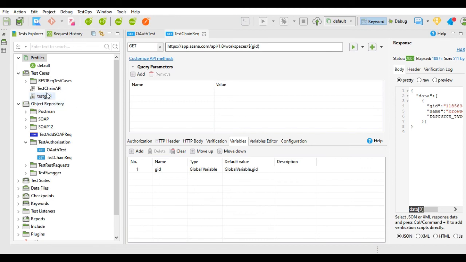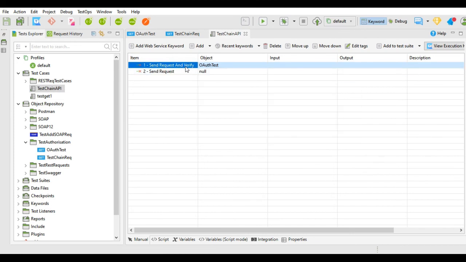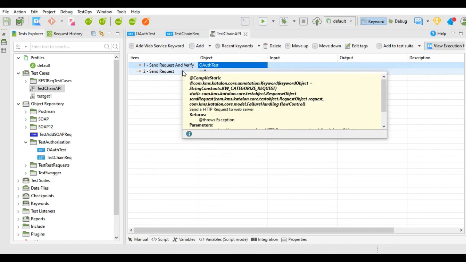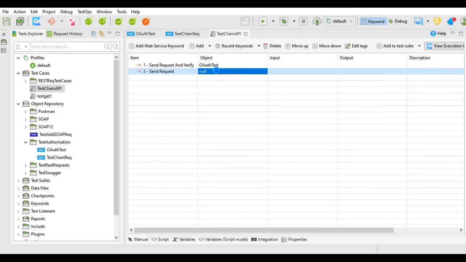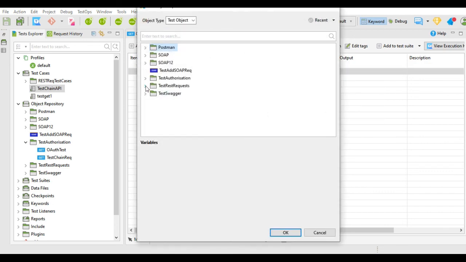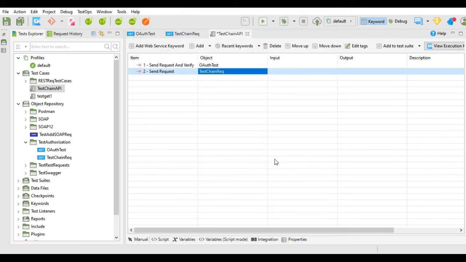So I have created a test case over here, test chain API, and here I have added a web service keyword, send request and verify, and added the object as OAuth test request. And after execution of this send request, our next request will be executed, that is test chain request.